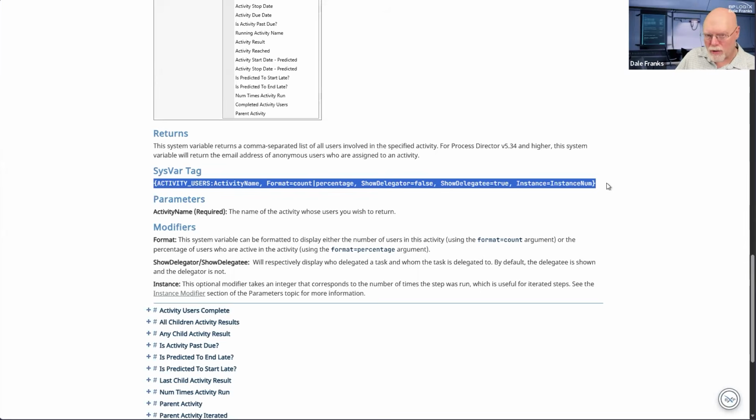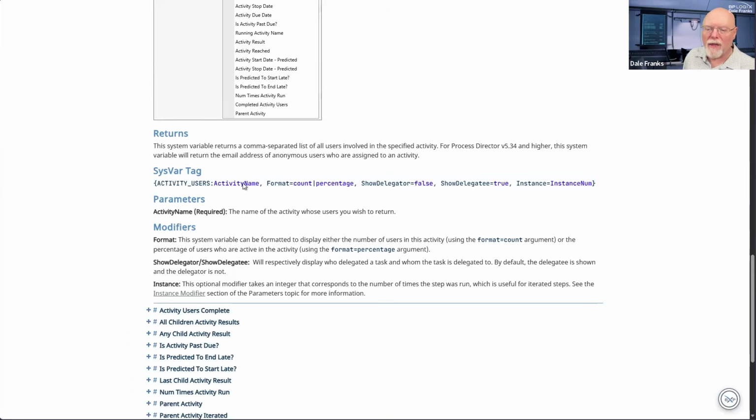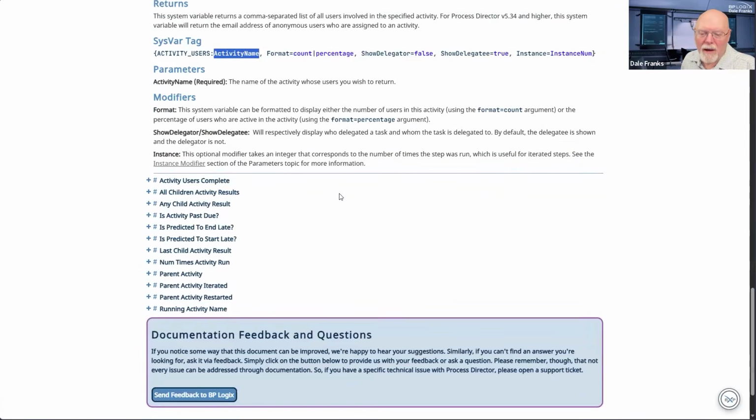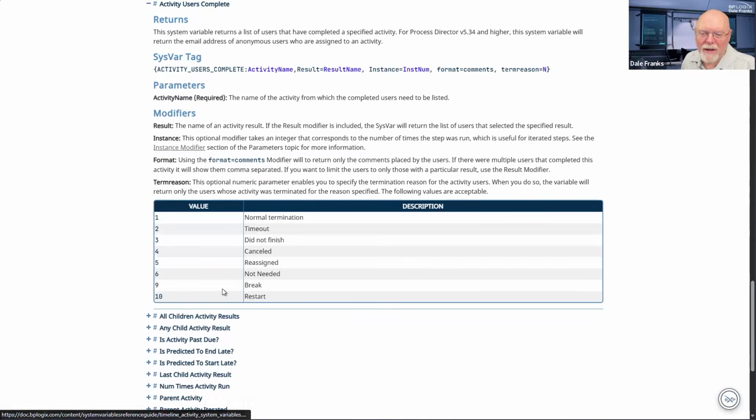Activity users, by default, will return the name of the user who completed the activity. We need to use a, or is it activity users complete? I'm going to remember it sooner or later.